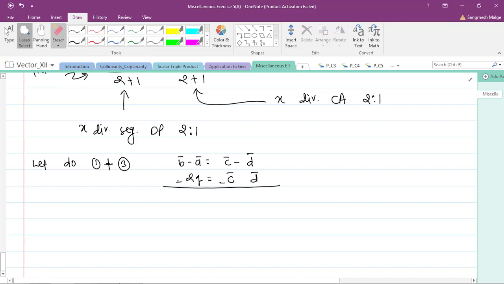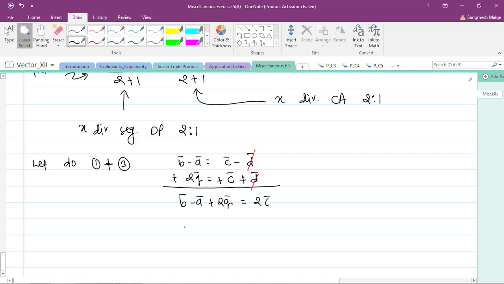Okay, let's remove this. Good job. So here let's add them only, because on addition d bar will go away, no problem. So d bar is cancelled. So what do you have now? So it is b bar minus a bar plus 2q bar is equal to 2c bar. So it is 2q bar.